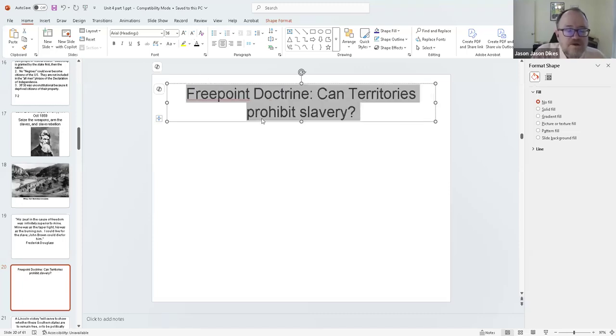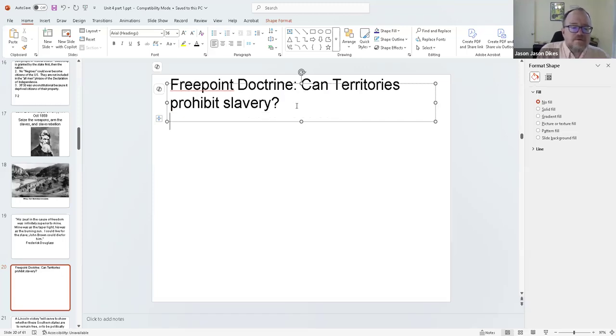The Supreme Court had issued a ruling about this, but just because the Supreme Court issues a ruling doesn't mean you can't keep advocating for what you believe in. We've seen this with the fights since Roe versus Wade was overturned. The Supreme Court has spoken, but it doesn't necessarily mean the issue is settled. And so the candidates are really answering this question. The phrase Freeport Doctrine comes from one of the Lincoln-Douglas debates, and you can look that up on your own if you're interested.